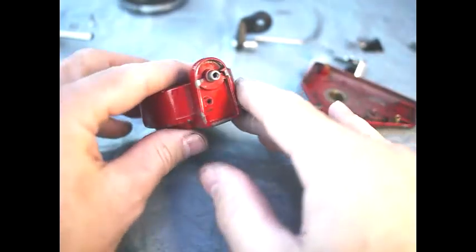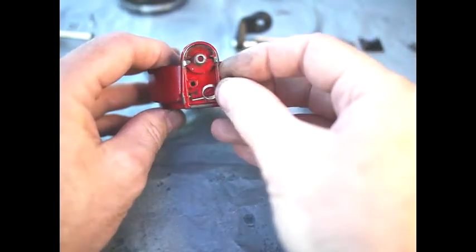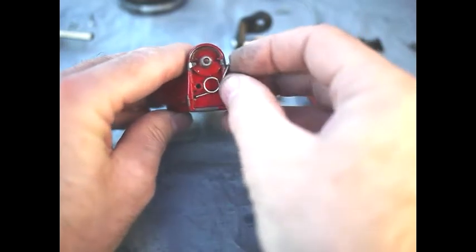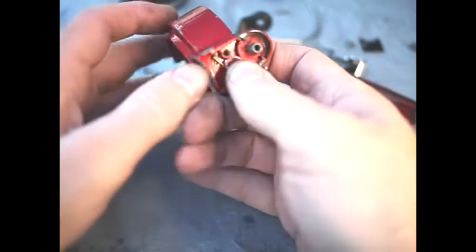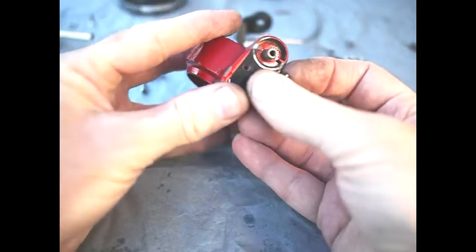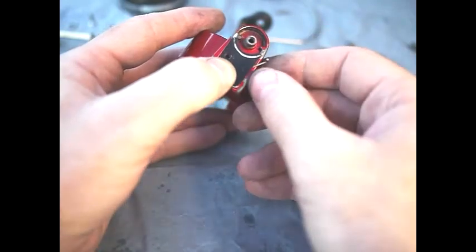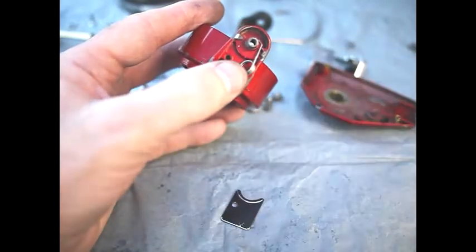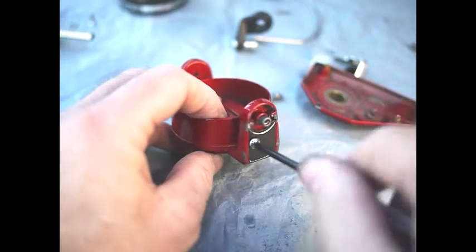And this is probably one of the trickiest bits in some respects. So you should have a piece like this, and that goes in that little hole just there, and it actually just sits there, and it gets pushed down when the plate goes on. Okay, so it doesn't go over the screw or anything like that. So your plate goes over the top, like so. Now you see around the rim edge there, there's a little divot. So the plate has to fit into the little divot. So once you get it in, you just put the screw down,